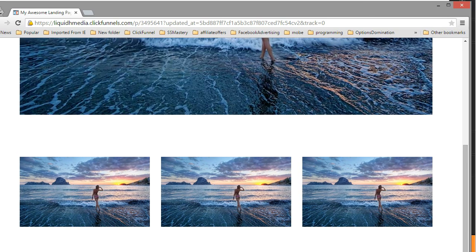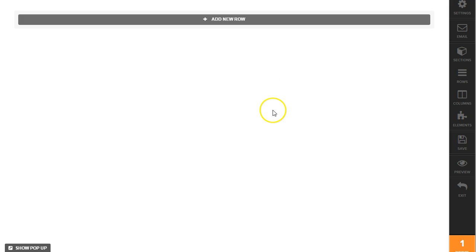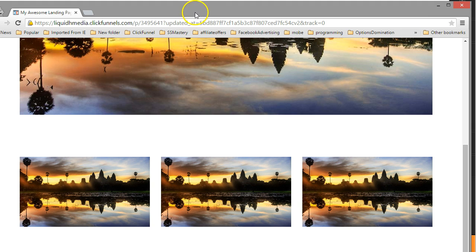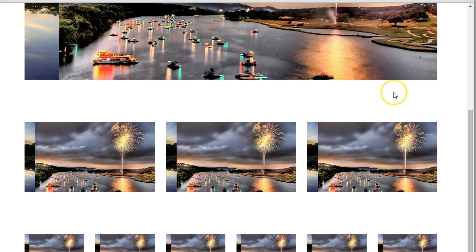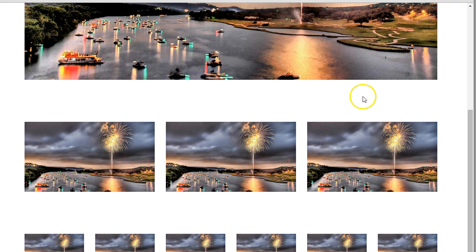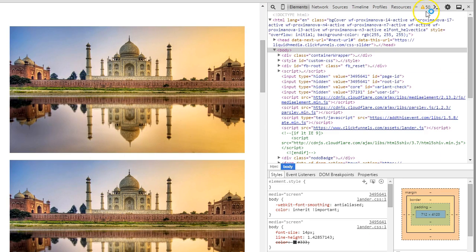Alright, so first thing you're going to do, obviously, is upload your images inside of your ClickFunnels account so that they're hosted on a secure server. Right now, these images I have set up are not, and to give you an idea of what your browser's error is going to tell you,